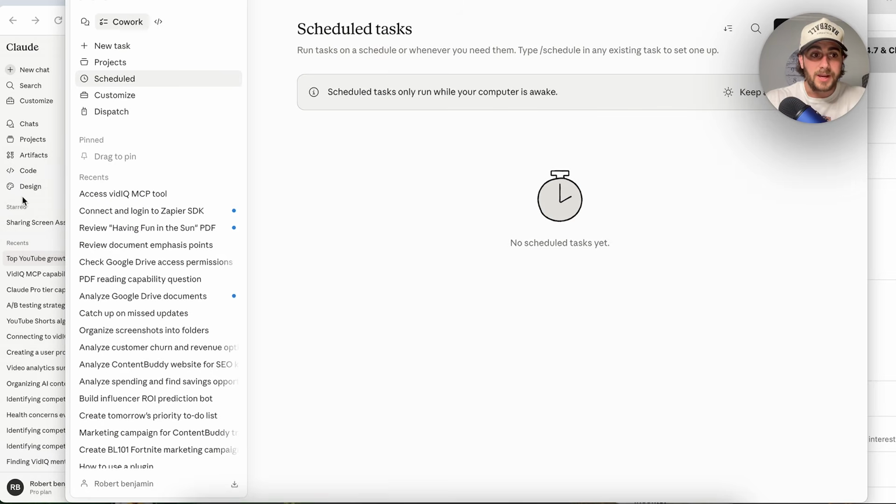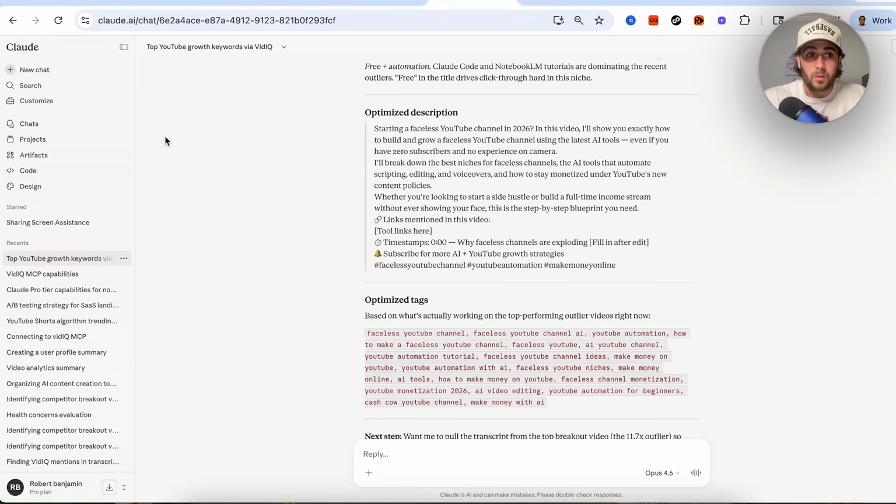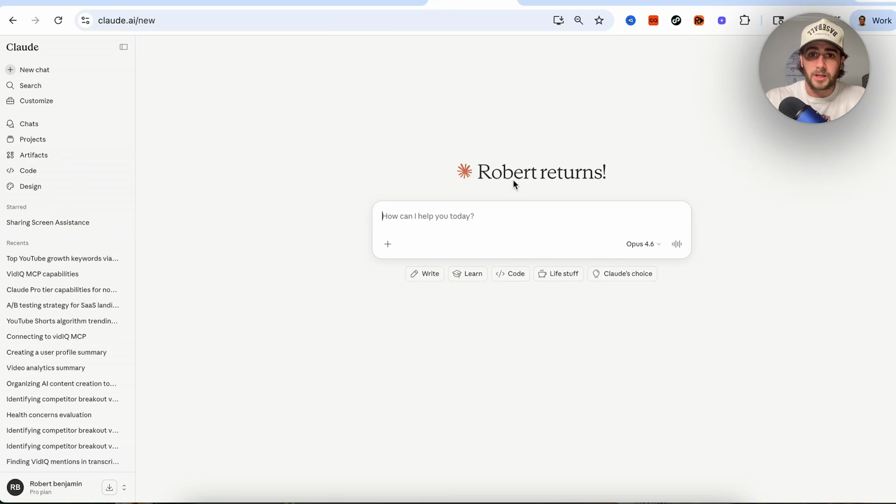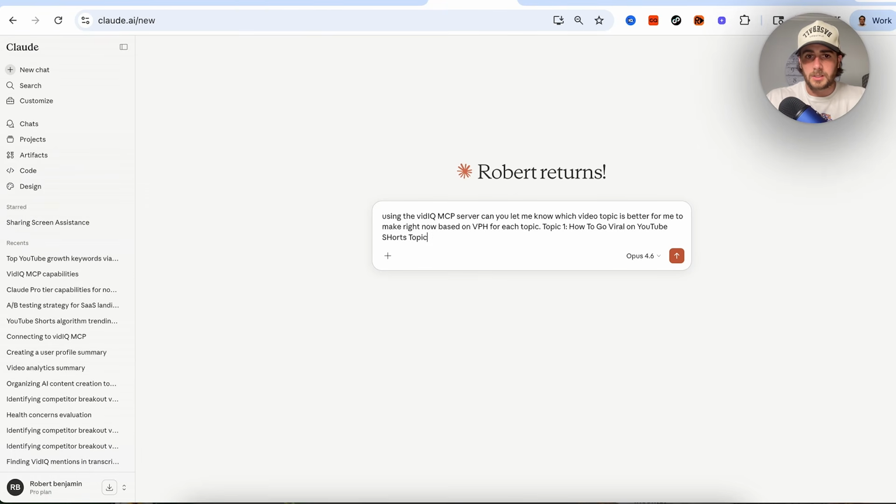Now, another fun way that I actually love to use this is deciding what kind of video to make. For example, we could come over here and we can say, using the vidIQ MCP server, can you let me know which video topic is better for me to make right now based on VPH for each topic. And then we're going to say topic 1, how to go viral on YouTube Shorts. And then we're going to say topic 2, how the TikTok algorithm works